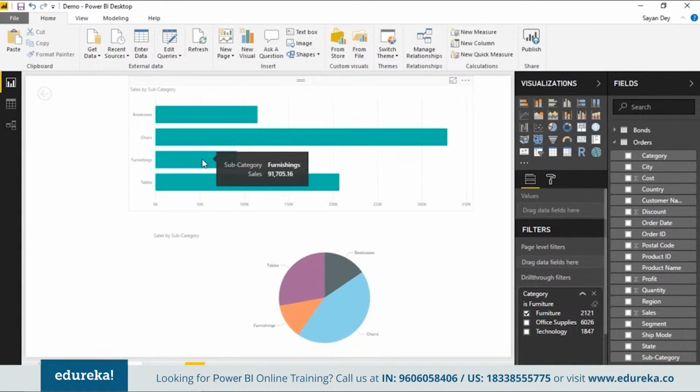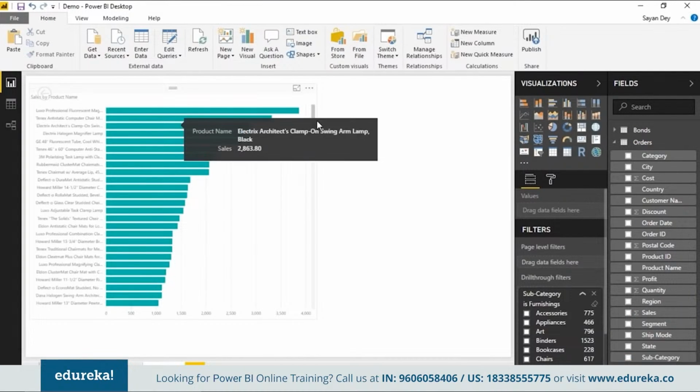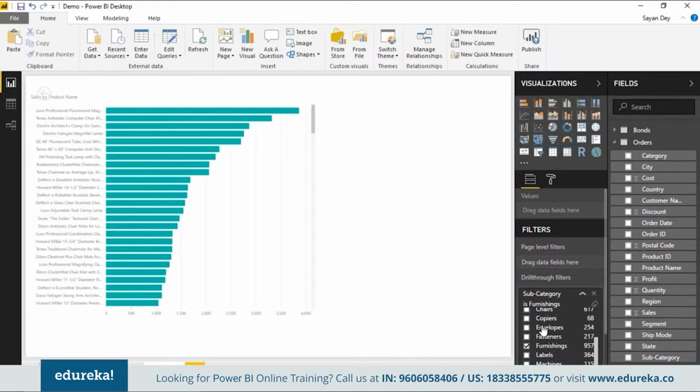So you want to click on that, and now you want to go to drill through in product. You want to see all the products of that particular subcategory, and that's how you get to see all the products of that particular subcategory. So that's the idea of drill through filters. Again, it's a very, very important concept, a very, very powerful feature in Power BI, and it's very important that you mention that. So those are the main types of filters that you have in Power BI Desktop.